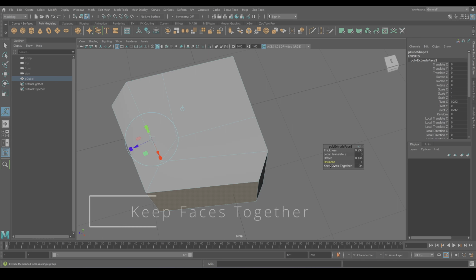And keep faces together determines whether the adjacent faces stick together or separate during the extrusion. So you see, understanding these settings can give you a lot more control over your extrusions, making it a powerful tool for creating complex geometries from simple shapes.